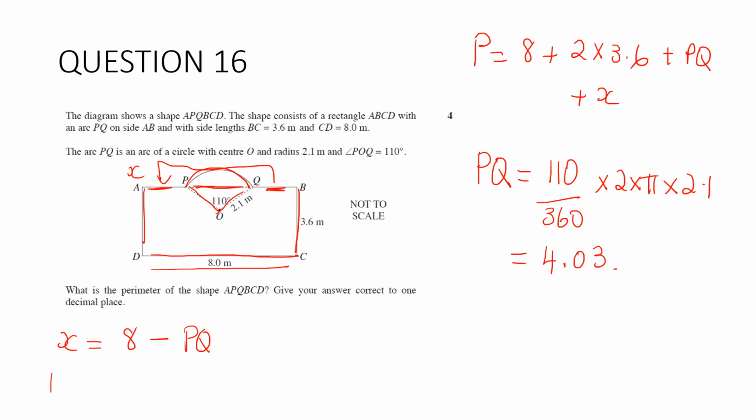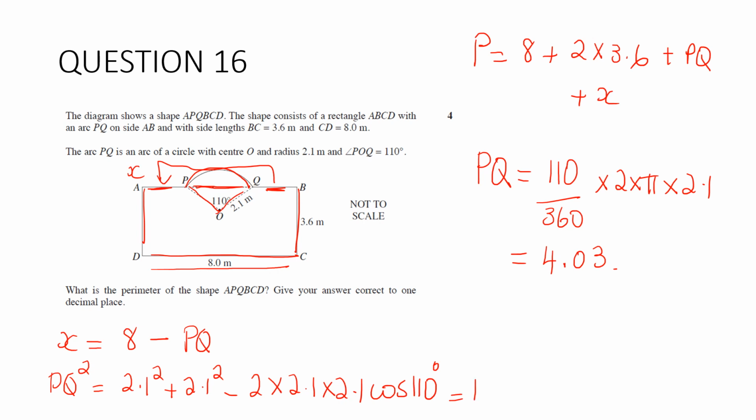So PQ squared is equal to 2.1 squared plus 2.1 squared minus 2 times 2.1 times 2.1 cos 110, which is equal to 2.1 squared, and I want 2 of them, take away 2 times 2.1 squared times cos 110. It's